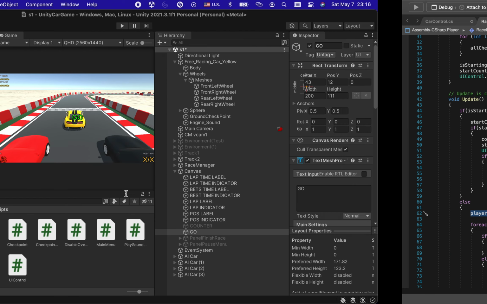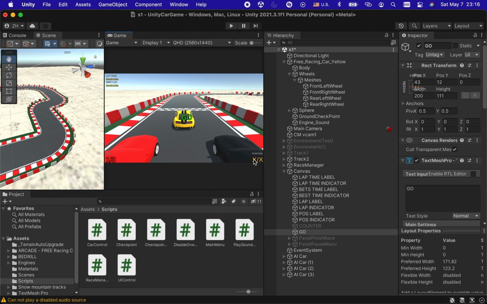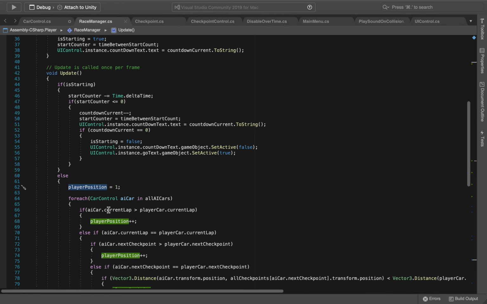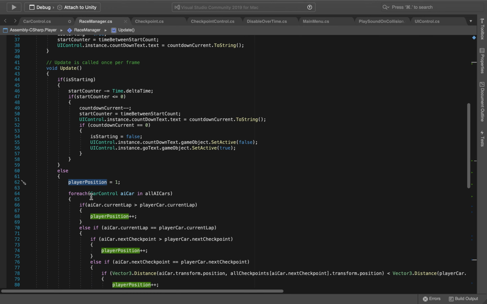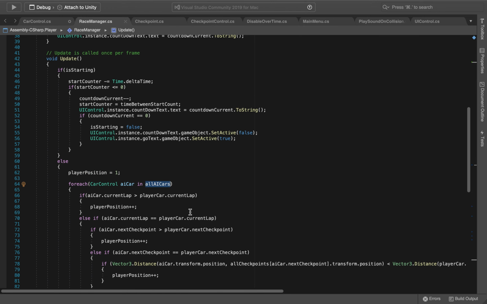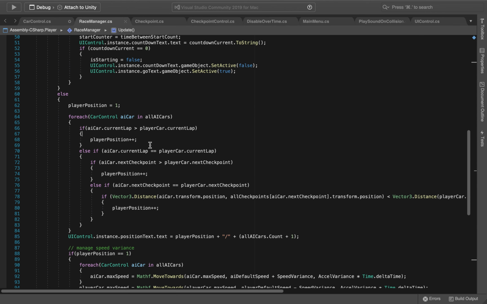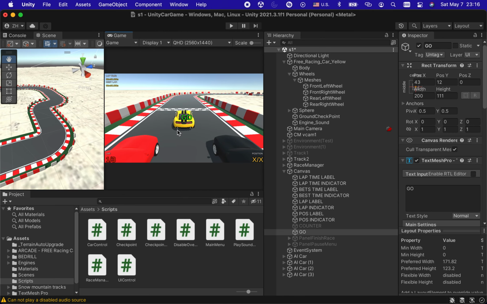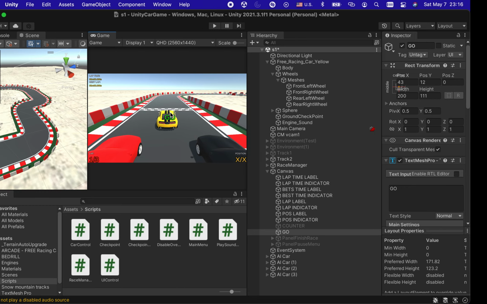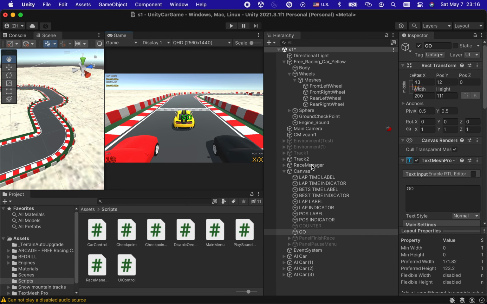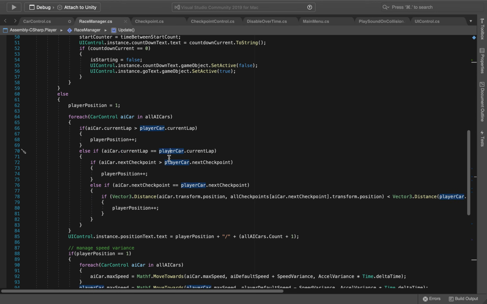Else, the player position is equal to 1. We want the player position to be 1 here. And for each car controller, we want to run through the AI cars array. If the AI car's current lap is bigger than the player car's current lap, the player position is equal to plus 1. So if any AI car's lap is more than that of the player's car, the player's position will be increased. If the AI car's current lap is equal to the player car's current lap, so both are on the same lap,